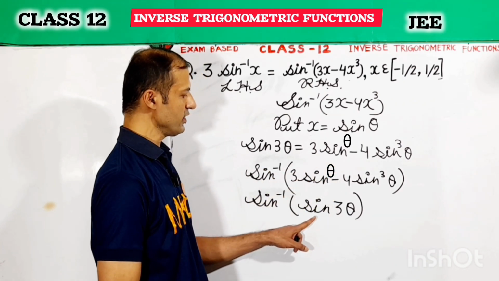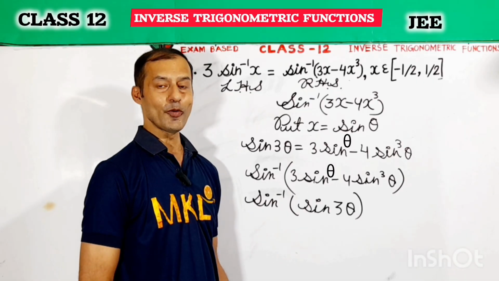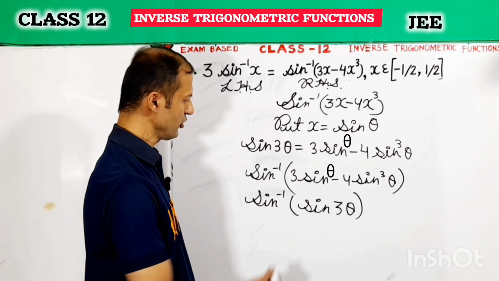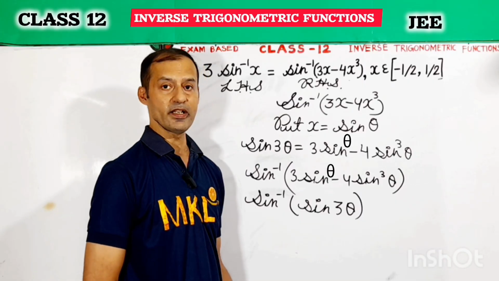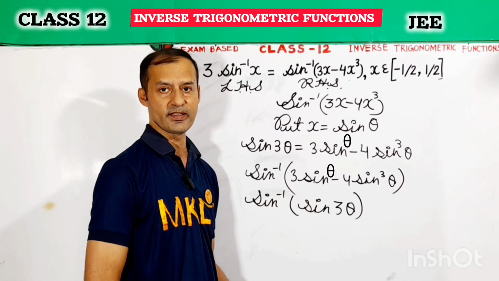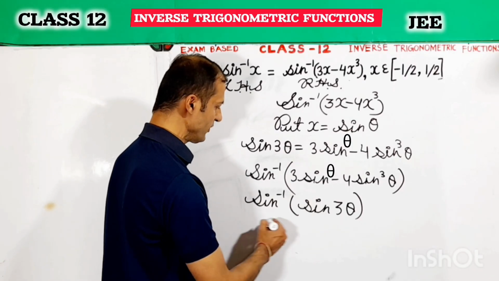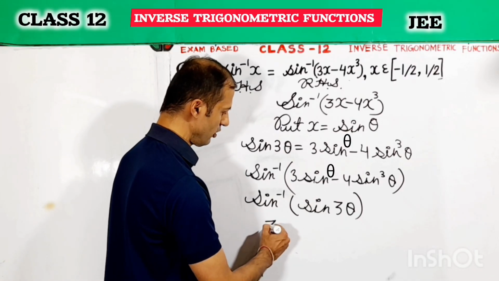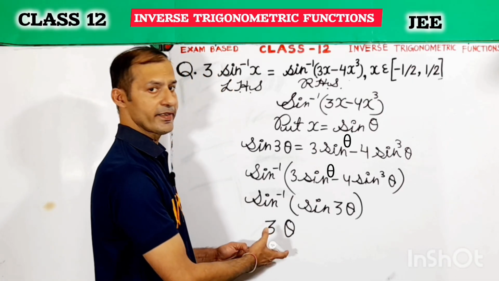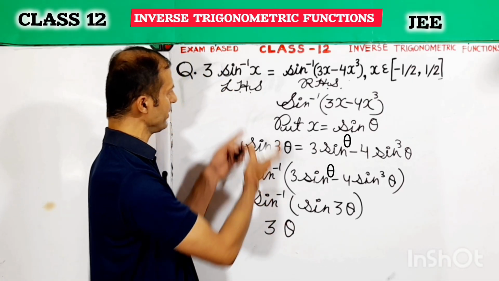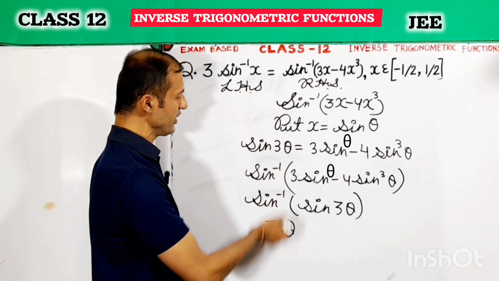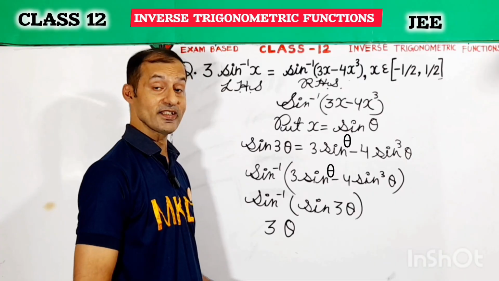Now, students, we'll do the comparison of sine and sine. So it will become 3 theta. In the normal way we can say it will be cancelled out, but we should say it is the comparison. So we'll get 3 theta on the right hand side, and on the left it's written 3 sine inverse x, but they are unequal, and we have to equalize them.